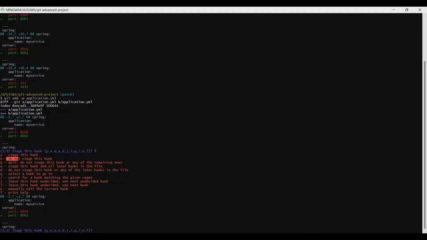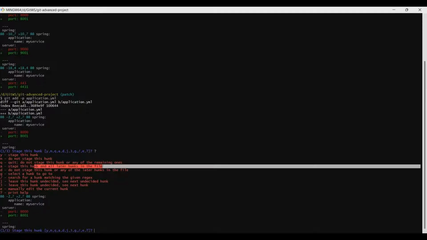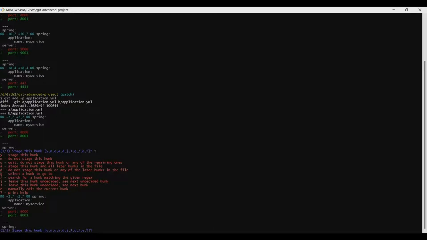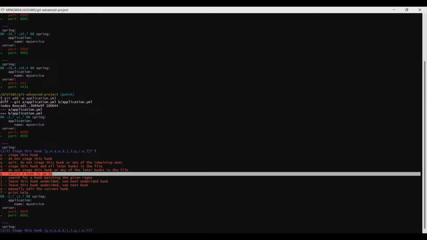Next is N, which says no, do not stage this hunk. Next is Q, which stands for quit the process, and I don't want to go ahead with this process anymore. A means stage this hunk and all the later hunks in the file. D means do not stage this hunk or any of the later hunks in the file. G means select a hunk to go to.